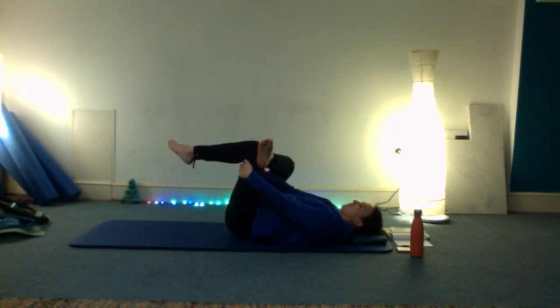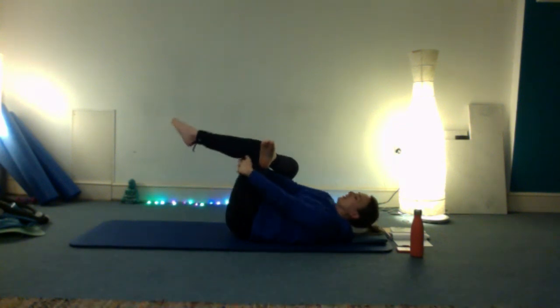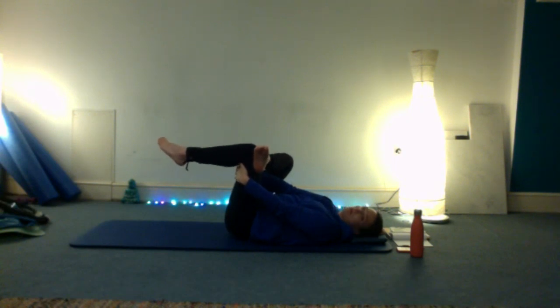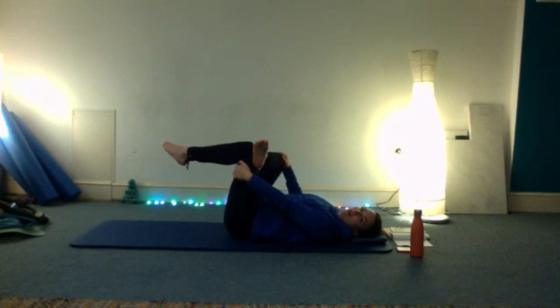I want you to really feel like your eye focus is softly through the nose towards the front of your eyes as opposed to back towards your eyebrows, looking up behind you. And again, we're trying to find the right buttock. So maybe it's there already, or maybe you need to search for it a little bit. So either tipping slightly onto the left hip, maybe pushing the right knee away as you draw the left hip in, maybe pivoting